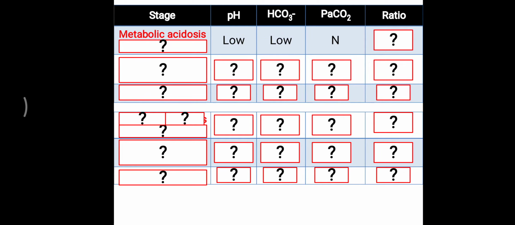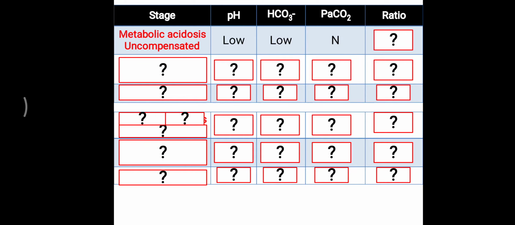Now in clinical practice you have to identify whether it is uncompensated, partially compensated or fully compensated. Here one trick is to remember the secondary changes. If bicarbonate is affected, then the partial pressure of carbon dioxide will be affected; if carbon dioxide is affected, then bicarbonate will also be affected. Both go in the same direction. So irrespective of pH, if bicarbonate goes lower, then the partial pressure of carbon dioxide will also go lower, but initially it is normal.